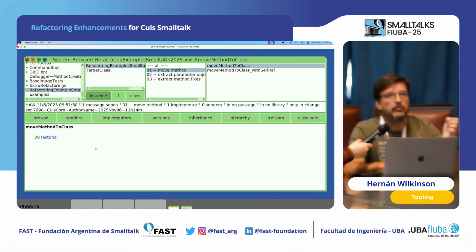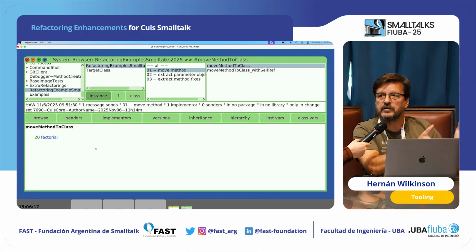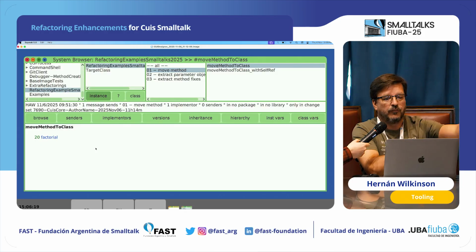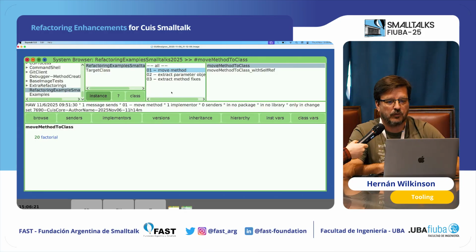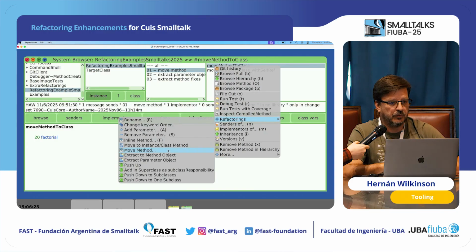One of them is to move a method directly to a class. We don't have to use an instance variable as a reference for the class the method moves to. So right now, we can just say, okay, move this method to